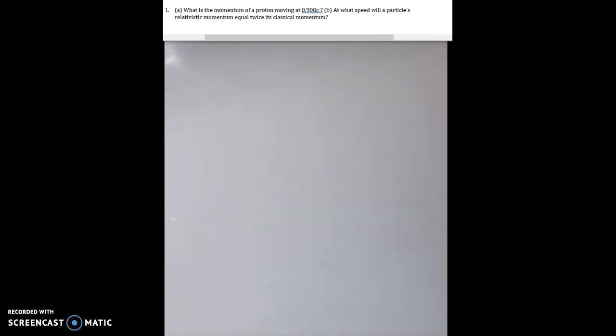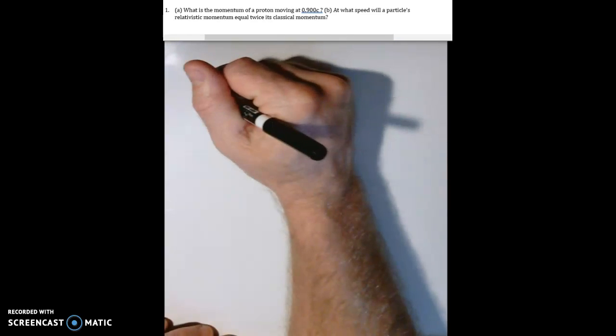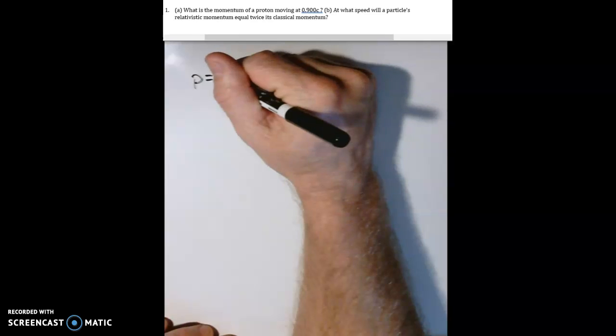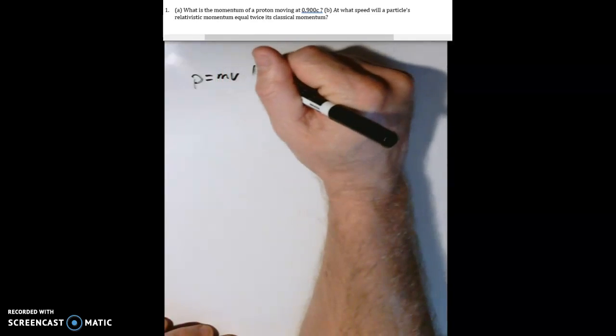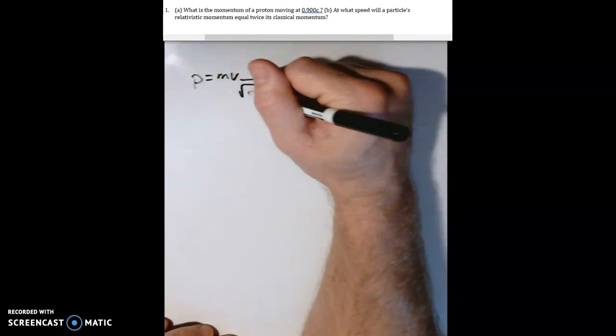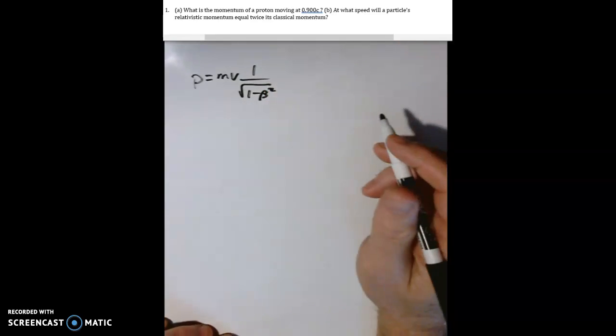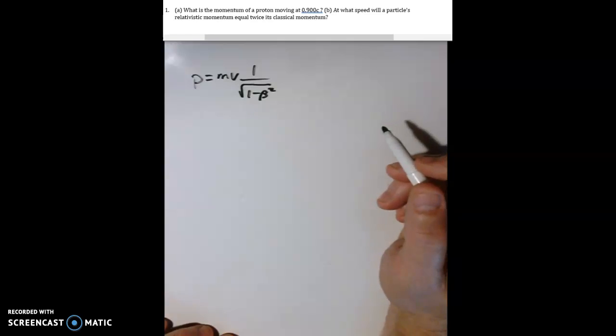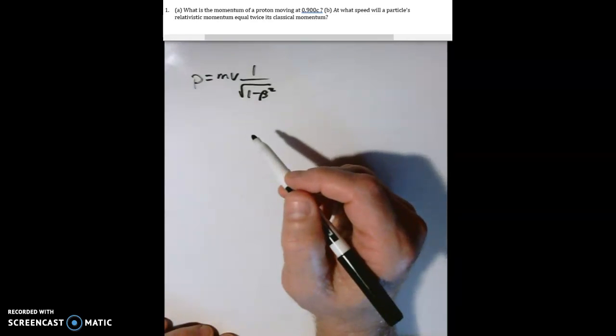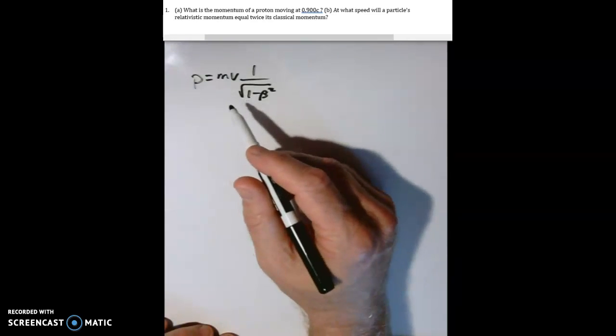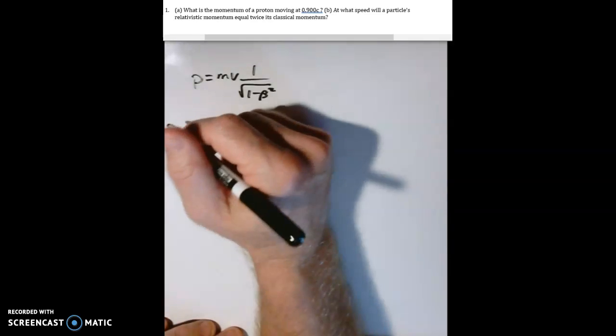So to continue for part A, what is the momentum? That would be the relativistic momentum, which is given by the equation p equals mv times 1 over the square root of 1 minus beta squared, using this form of the Lorentz factor. Of course, now we're wondering what is the mass. That's the mass of a proton. We're going to have to look that up, and that happens to be